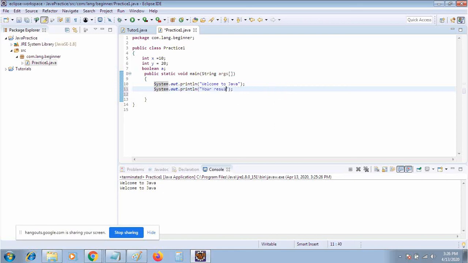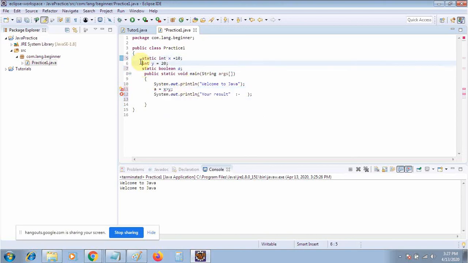So your result is this way: I am comparing something and storing it in a boolean. You are using this inside a static method, so we have to change all these things in a static method. Now I will print the value of the boolean.